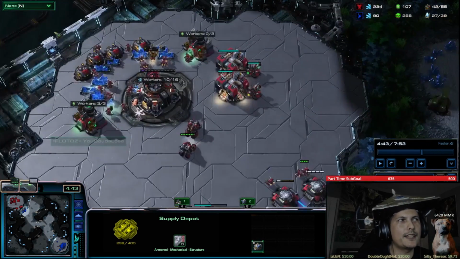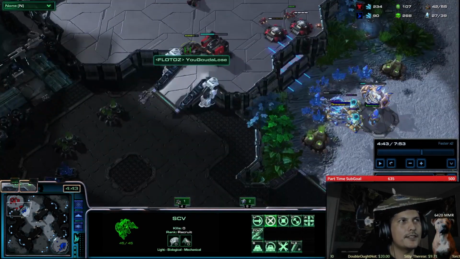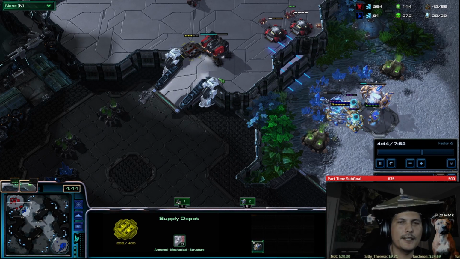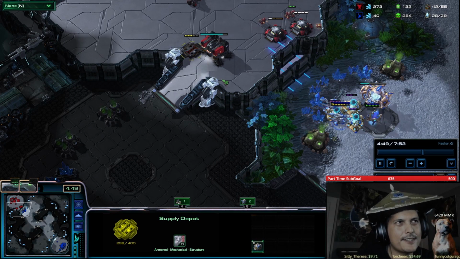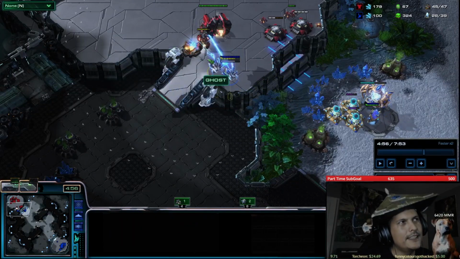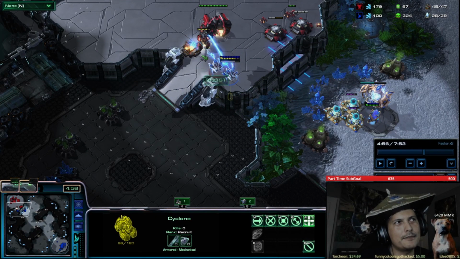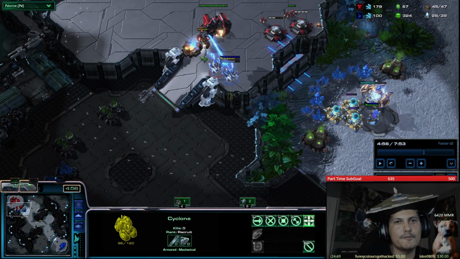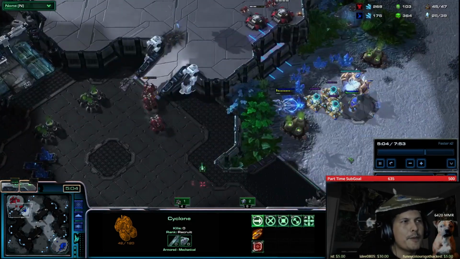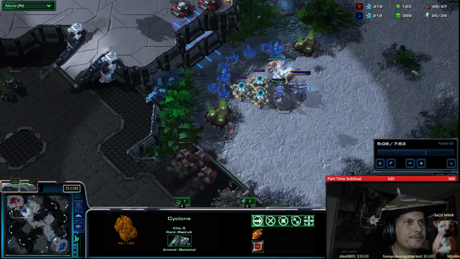Because sometimes people will forget and then they get supply blocked and they're like, oh shit, it's because I lost my supply depots. I didn't realize, with all the action going on, to make a new one. So he nibbles. He knows what he's doing, trying to go for the supply depots, trying to reduce my chance of making stuff during this time. But Magfield is really good, so